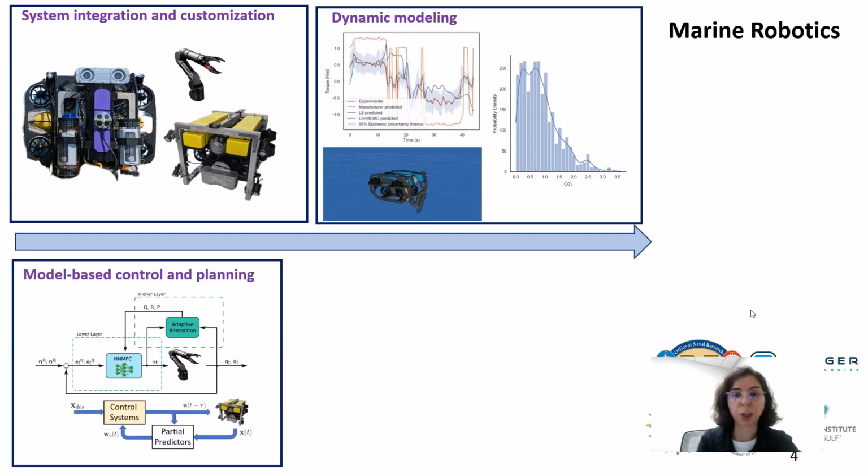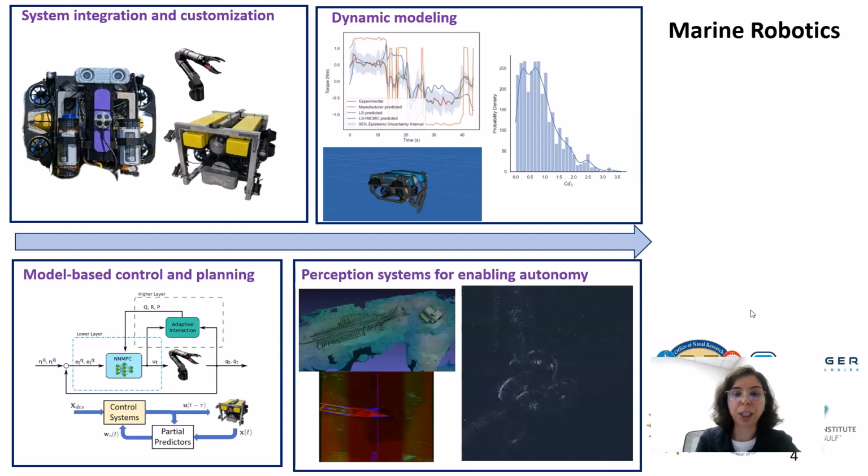Then we work on control and planning architecture using these models to enable the robots to operate safely and precisely. And we do perception systems. So we work with sonar images, with optical cameras, event-based cameras for these robots to understand the environment that they operate in, but also return something to the marine scientists that we work with that they can use for their own